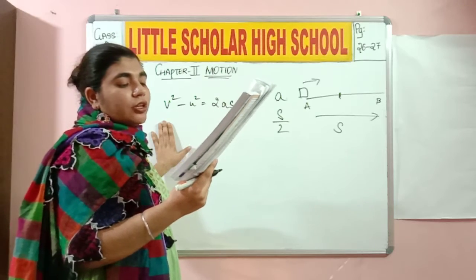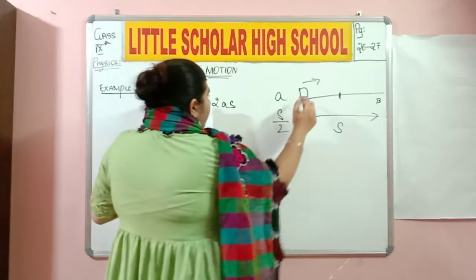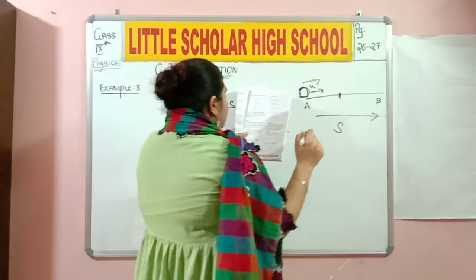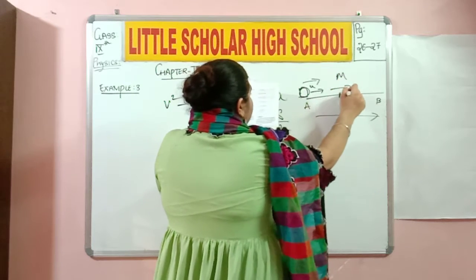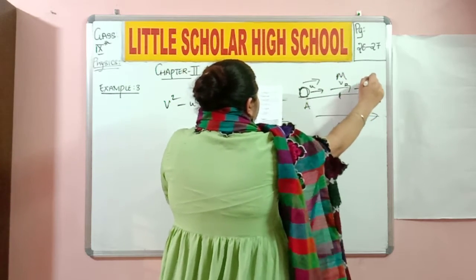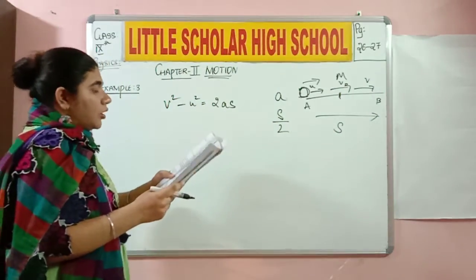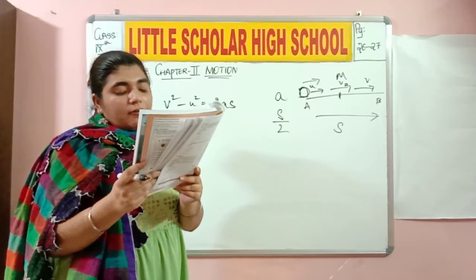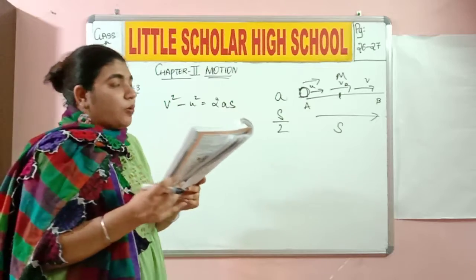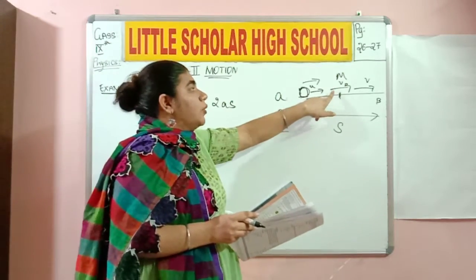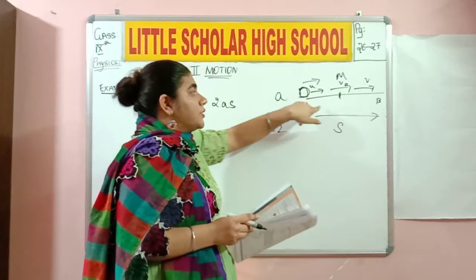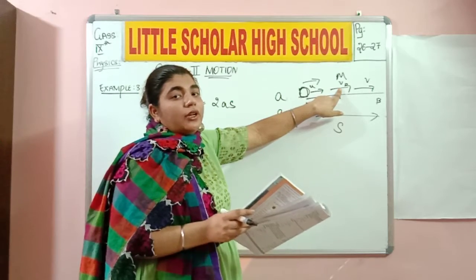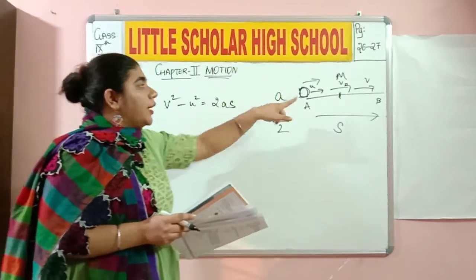Now can you see figure number 19, where the object is moving with a velocity u, and it is reaching the midpoint, where it has a velocity v naught, and further it is going to have the final velocity v. That's what they have drawn in figure number 19. Let v naught be the speed of the body at midpoint M of the given points. So when the object reaches the midpoint of the distance, the speed of the body is considered to be v naught. So in place of v, we are going to write v naught.